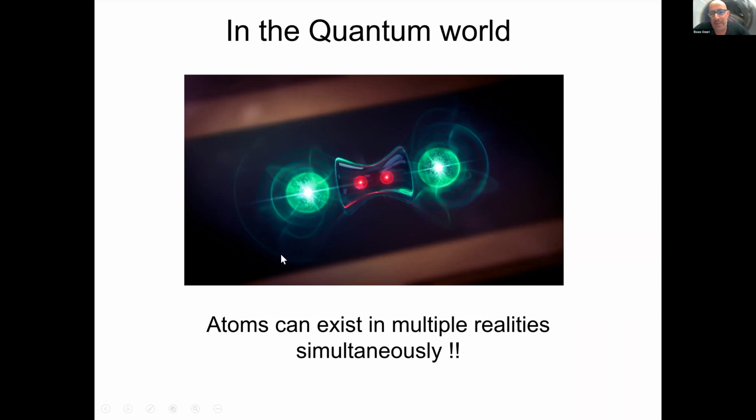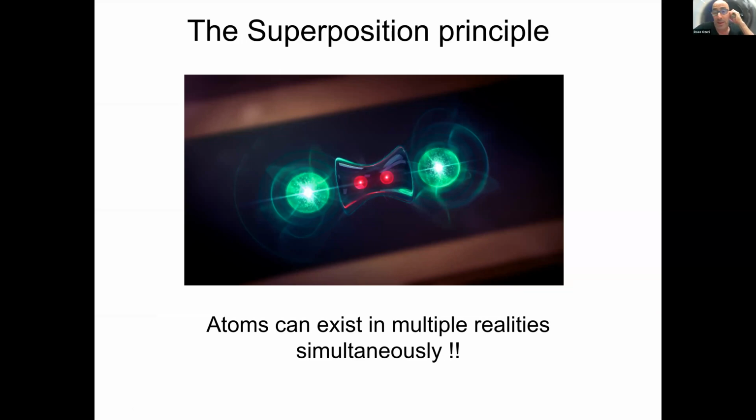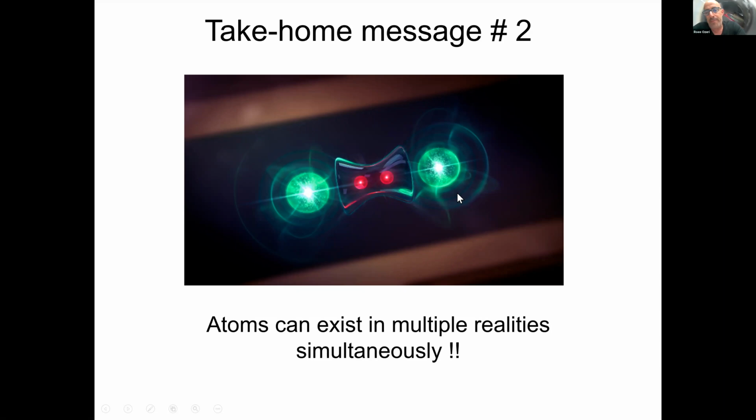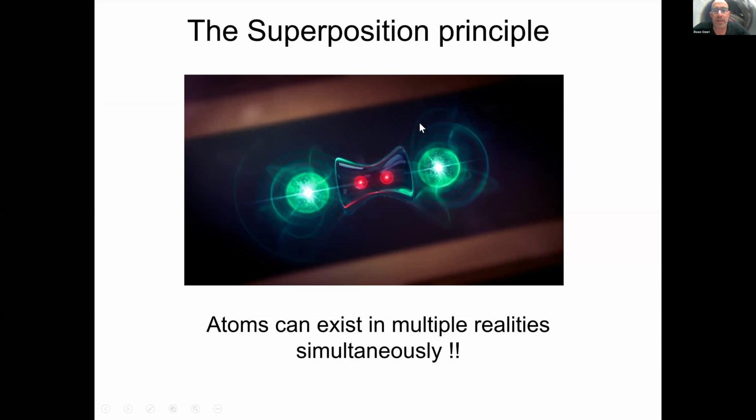I can think of the atom as having a little magnet attached to it. We're used to thinking of magnets as pointing either north or south. Quantum magnets, meaning magnets that are attached to atoms, can point both north and south simultaneously. This is a very confusing notion to come to terms with. The term that we use for it in physics is the superposition principle, but what we really mean is that quantum particles can exist in multiple realities at the same time.